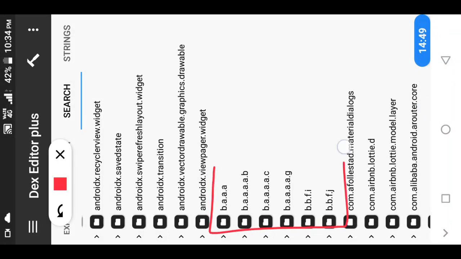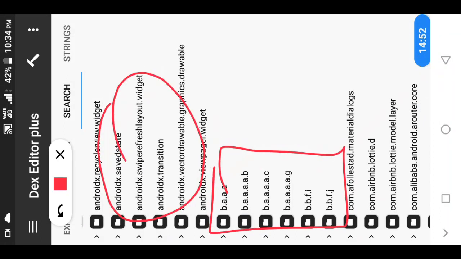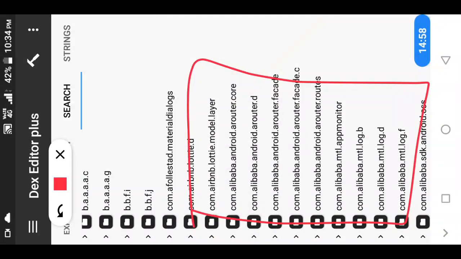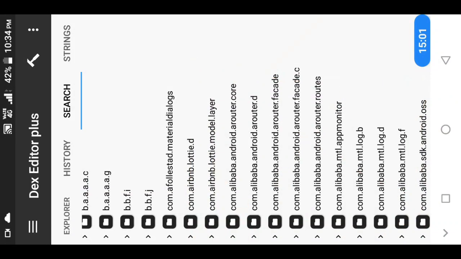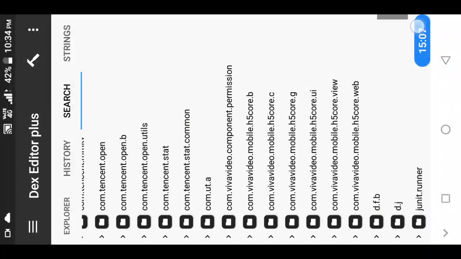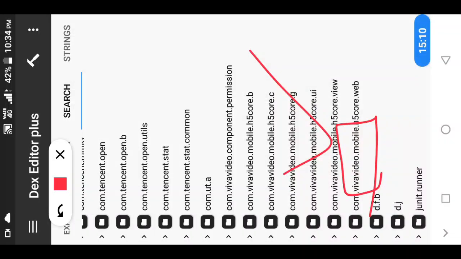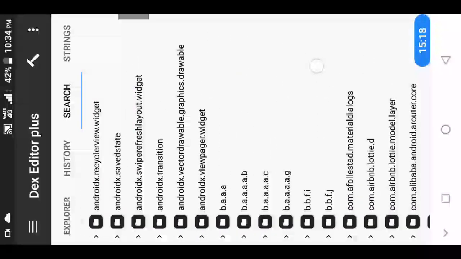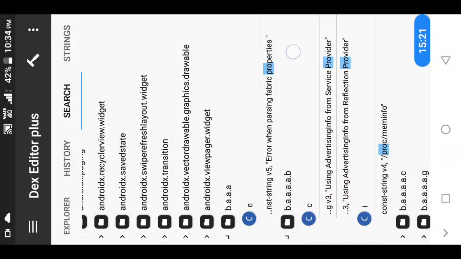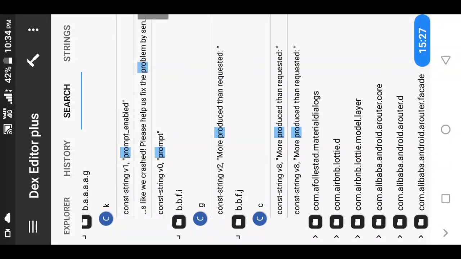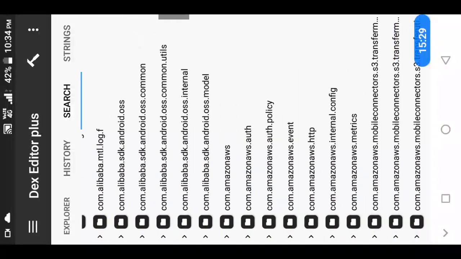So this type seems interesting here. I think it will not be in here, or you can see like this advertisement, you can see Alibaba, it will not be here. So I'm going to search in the places where we have interesting names, like see here, you can see we have Viva video, so it will be present here. It will not be present here like Tencent and all. So I'm going to search where the probability is that it will be there. So I will see here, not there. Here we didn't get it, not there, not there, not there. So now next, it will not be here.